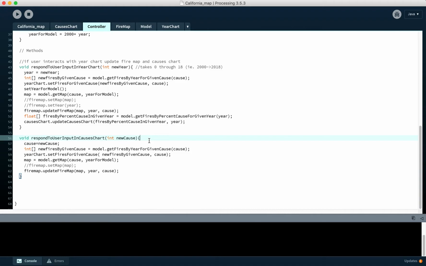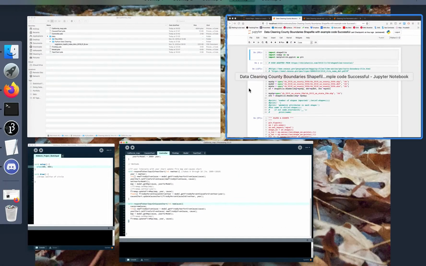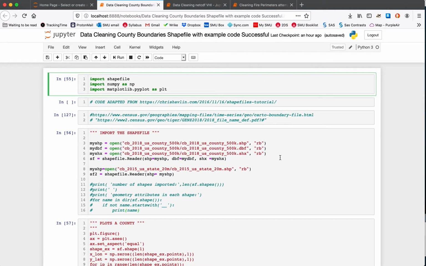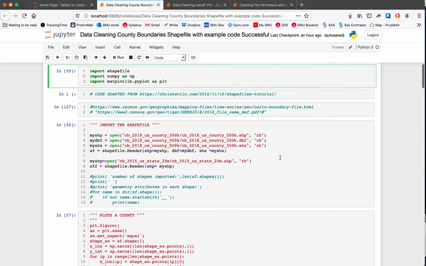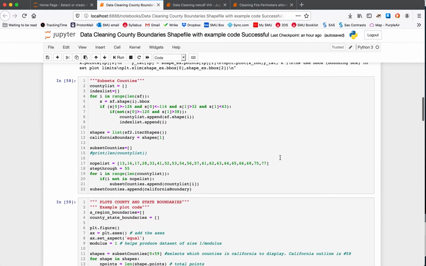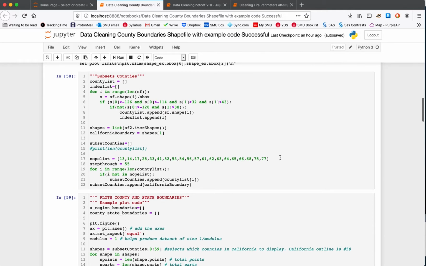So that's all of the stuff for processing, but then we have all of the data cleaning steps, which I did in Python because I think doing this in Processing would have been a nightmare. So here we have data cleaning county boundaries. This data set was all stored as a shape file, so I had to go learn how to use shape files in order to do this project. And so this was extracting the list of counties and the boundaries